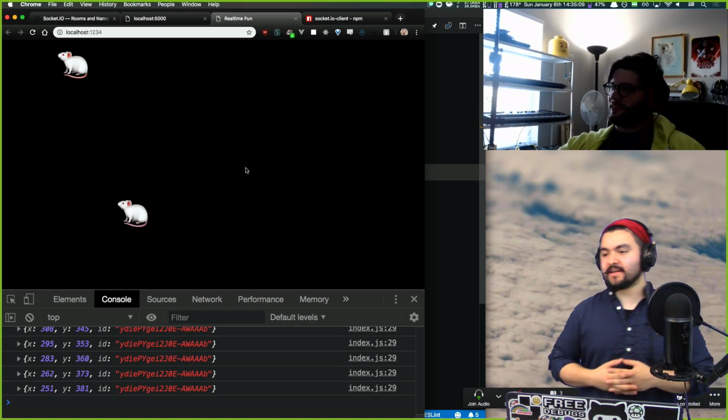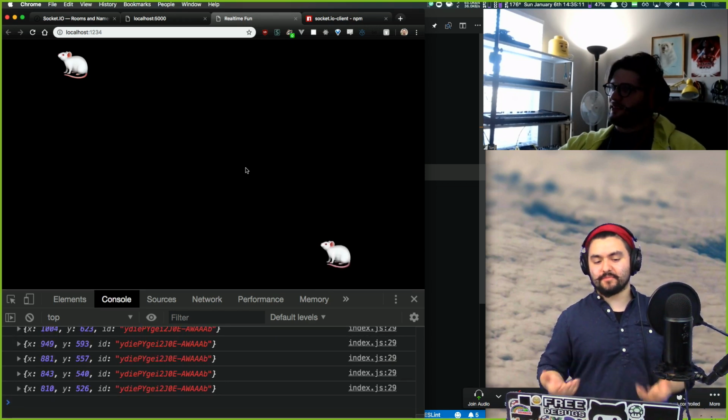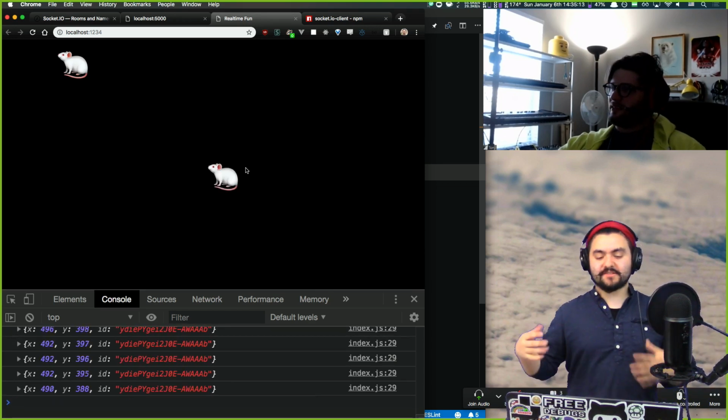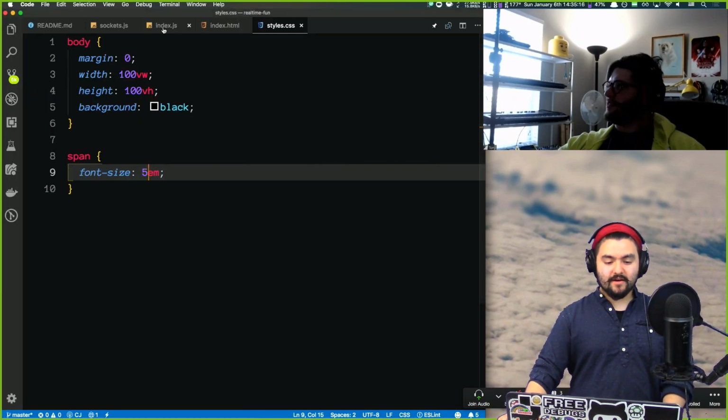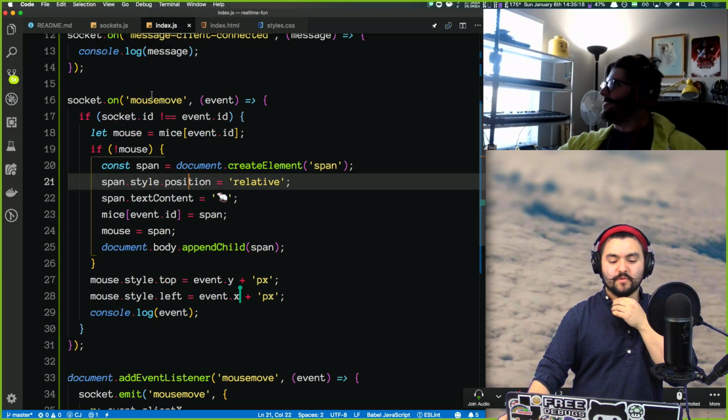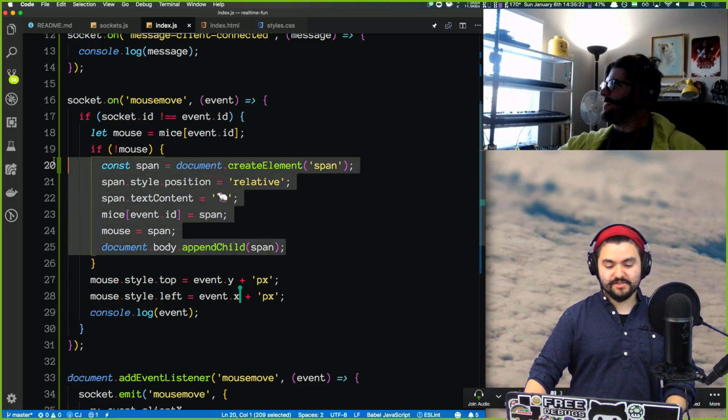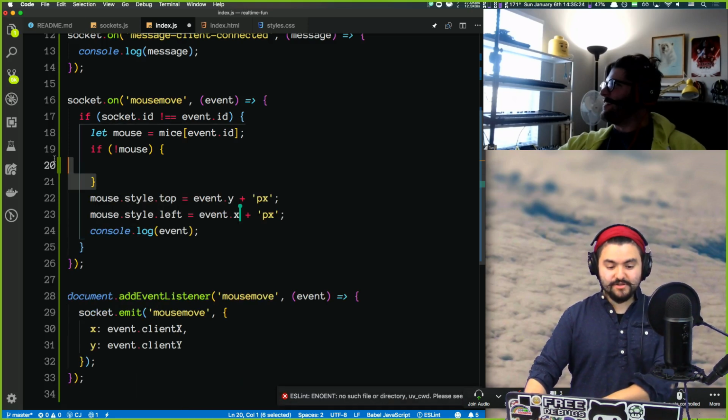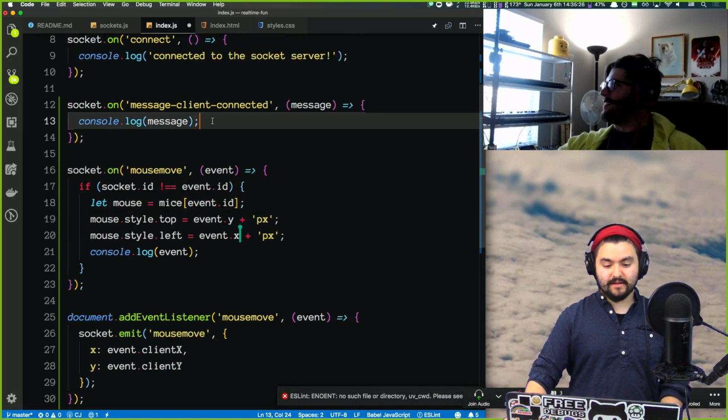So basically, if a client disconnects, we need to remove it. And this will actually make it a lot easier. So in our client side code, we're doing this thing when the mouse moves. If we haven't seen it before, we're going to create it. But here's what we'll do. We'll just move this code into the client connect. So when a client connects,